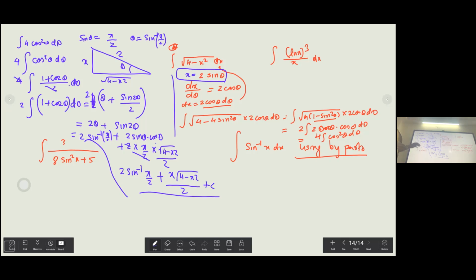This question generally is assessed for 8 to 9 marks. So you must know this kind of substitution. You must understand the trick substitution, do more practice, and make sure you're crystal clear with the fundamentals.